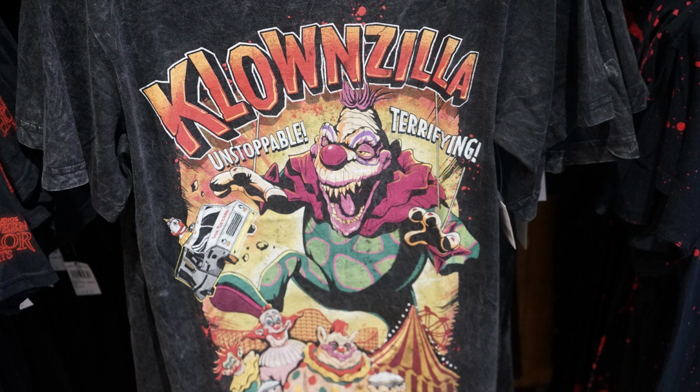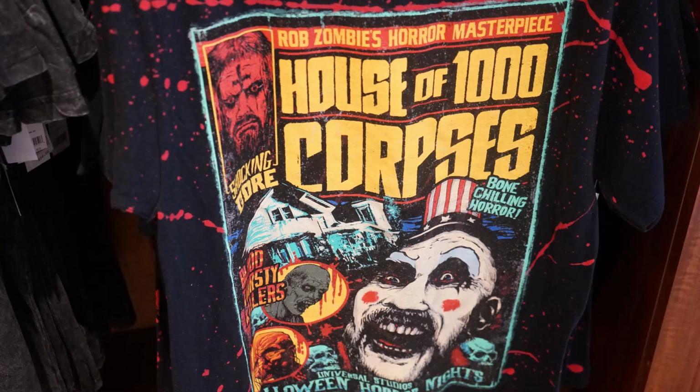like that design. It's really neat. Definitely another one of those I'm gonna have to pick up. And keep in mind, I blow a lot of money on merch every year, but for this year I think that I'm gonna be keeping that same trait, because from the first two shirts that we've looked at, they already look amazing. But let's jump right in to the next picture, which is the Rob Zombie's House of a Thousand